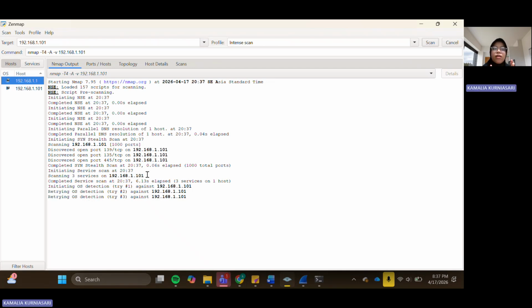While waiting for this intense scan, I will explain about it. This scan provides more detailed information compared to a regular scan.